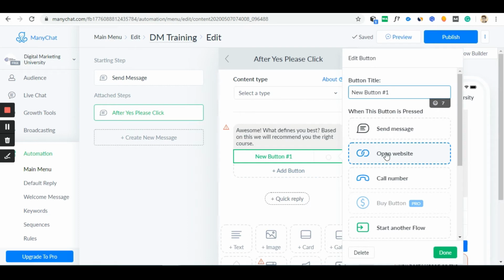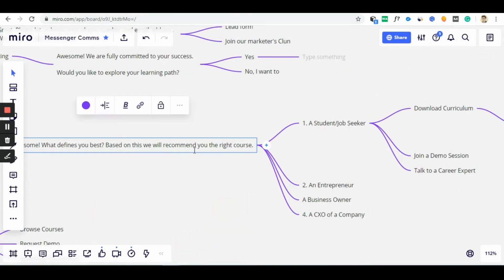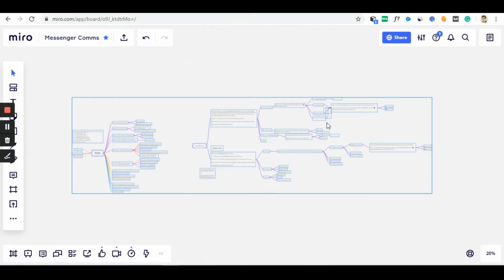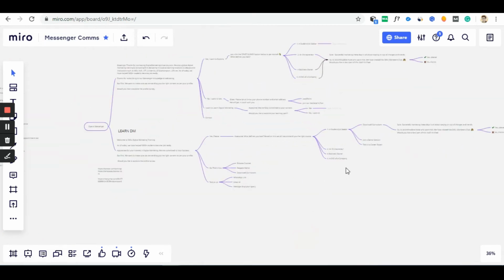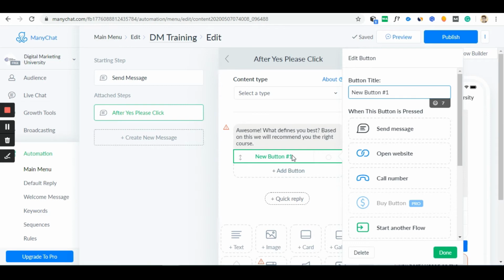So buttons, in the sense, these are call to action buttons. So what the user shall do. Right now the audience has already got this information. He's already very comfortable about providing his information, and I've already told him why I'm collecting this information. Now all he needs to do is select what he or she is all about. So I'll copy this button over here and I'll click on this option over here. So one, he can be a student. So I'll just remove this one over here. He can be a student.